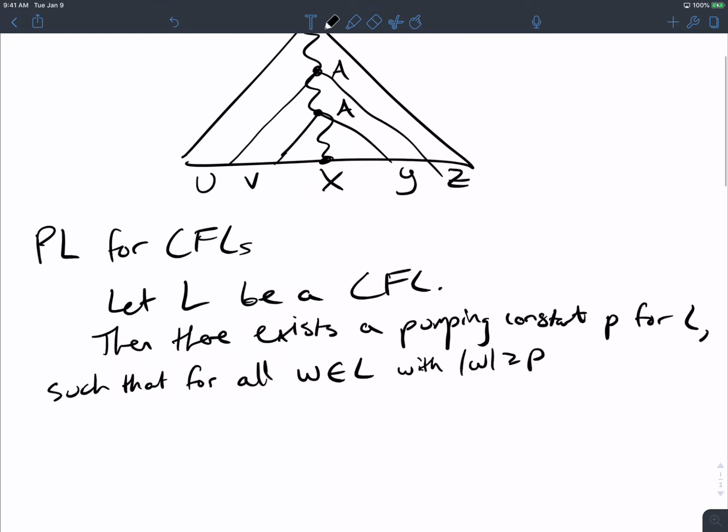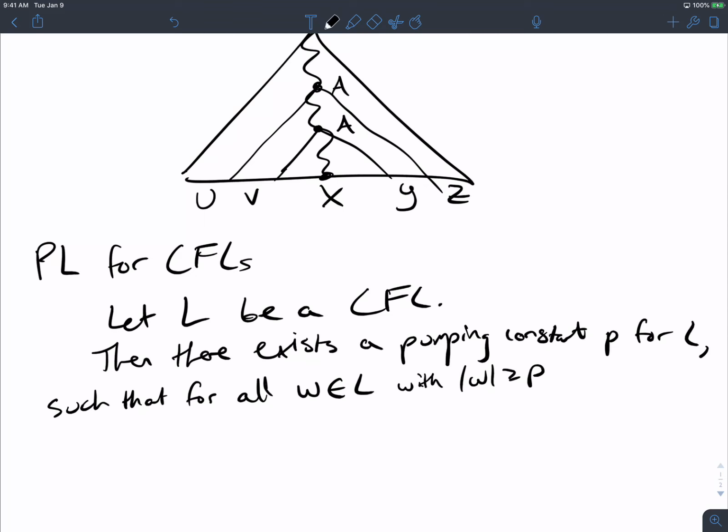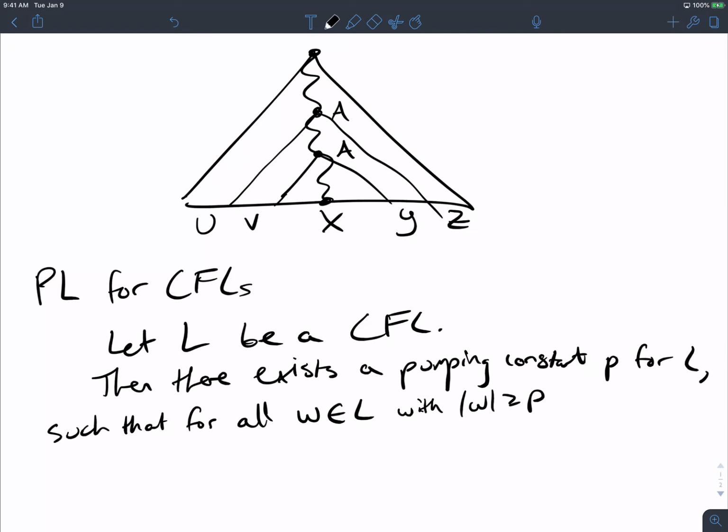So let's actually understand why we have these two conditions. For the DFA case, when we did regular languages, we required that the string was in the language because we wanted to end in the final state. And we required that the string be length at least p because we guarantee that at some point a state is repeated. But we don't have states here, and obviously no final states here. So why do we have these two conditions here? Why is the string needed to be in the language?